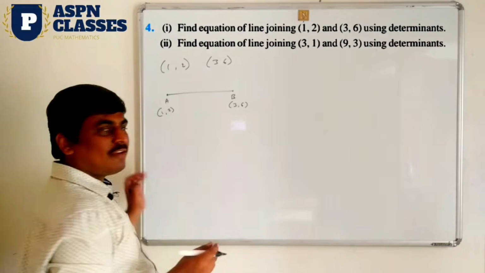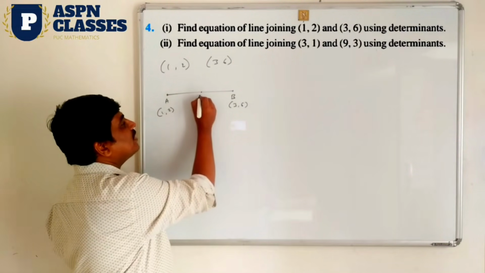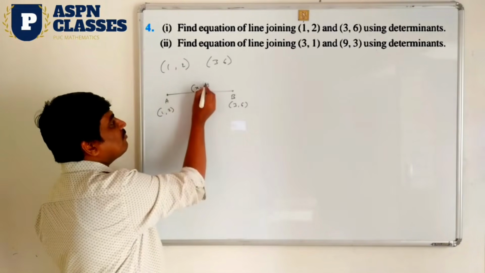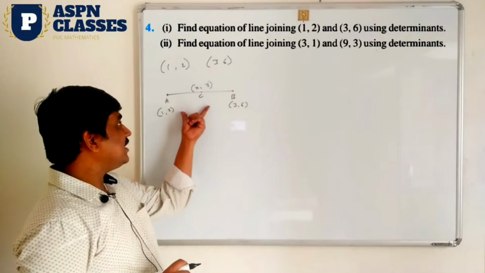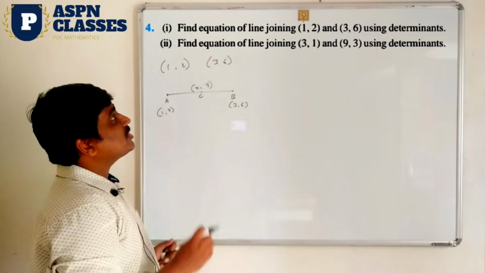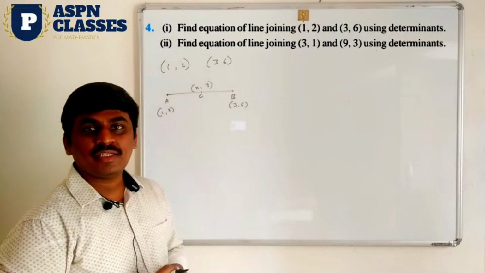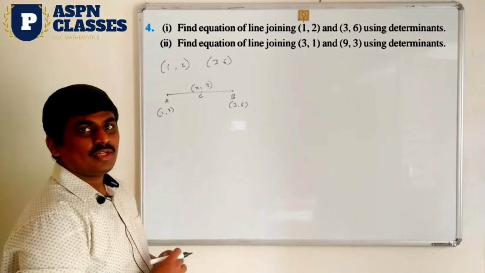In this case you have to take one more point on the same line. So write it here, that point I am going to denote C. That C point generally I am going to denote x comma y. We do not know that point, I am just denoting it here. So why am I taking the C point? See, observe, in this question we have to find the equation of the line joining the points, that also using determinant method. In determinant method, what do you know? Area of the triangle method. Area of the triangle formula you already know.